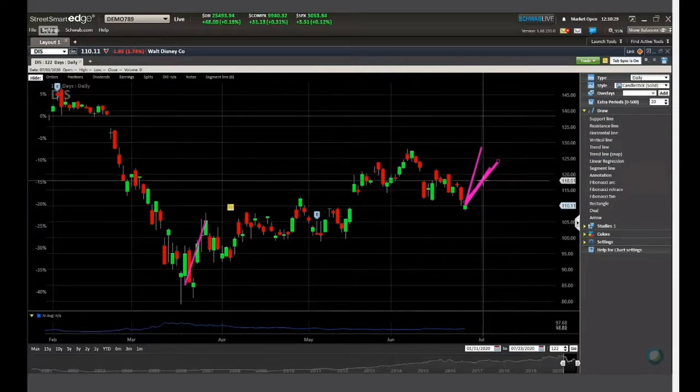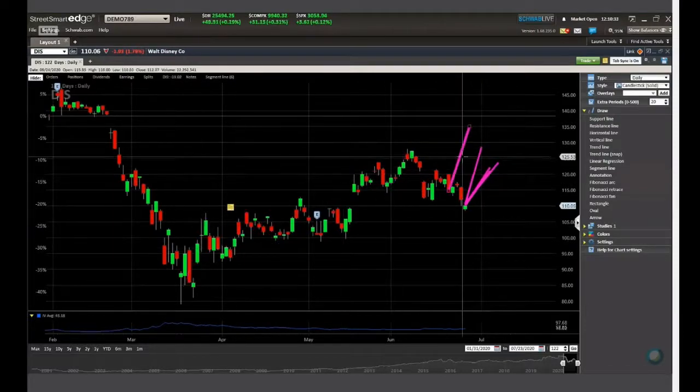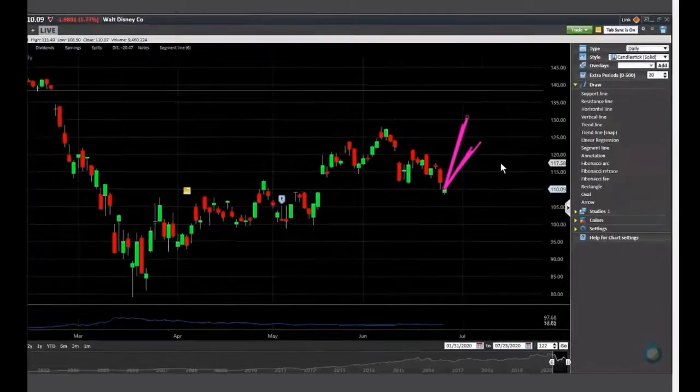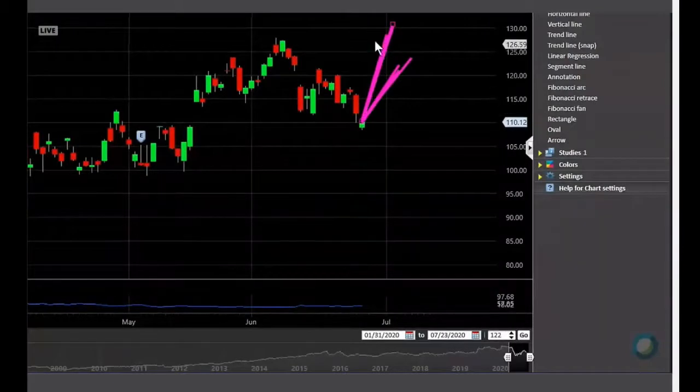All right, so you see how I've got kind of my measured moves, and these are all also forming a bit of an average, aren't they? How neat is that? I've got a little bit of an average, and my gosh, these measured moves seem to go in the same spot. It's either this one right here or that one right there. So not only does my measured move give me how high I think this could go, but look at this. It also lets me know about how long I think it could happen. So these measured moves took this height as well as this amount of time.